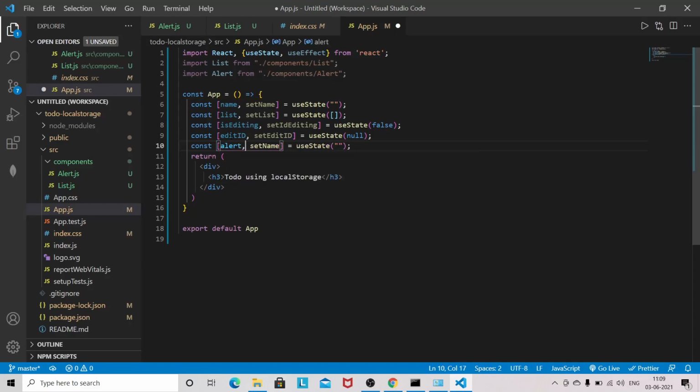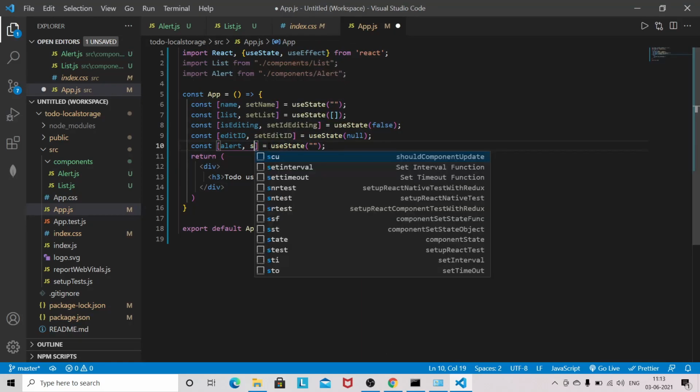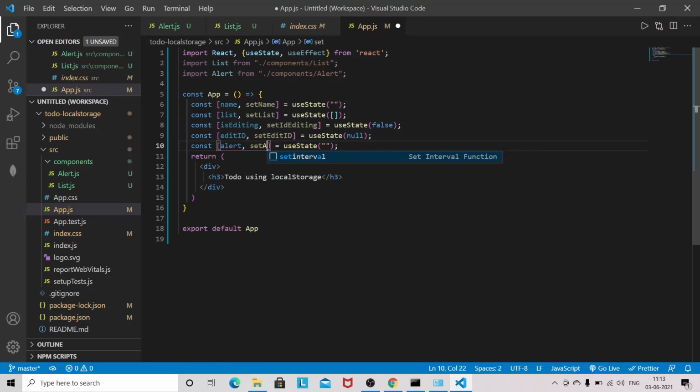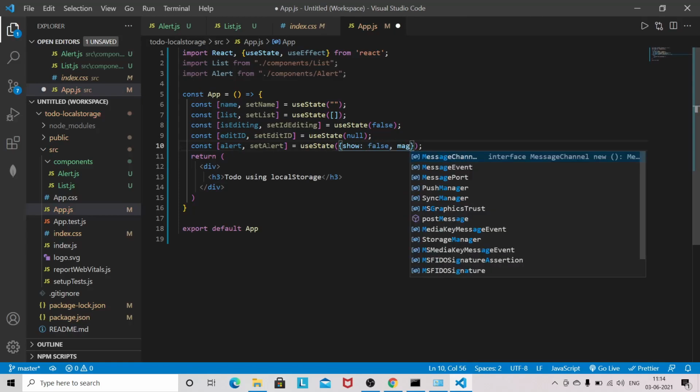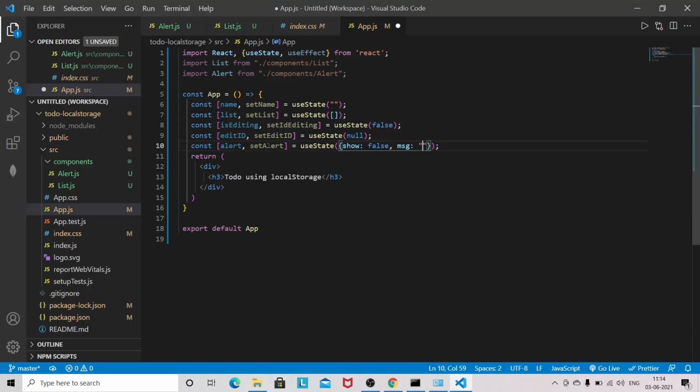and alert. So alert, so it will be an object. Okay, and I will give some initial state. So show false, message and type. So this is the basic. Okay,